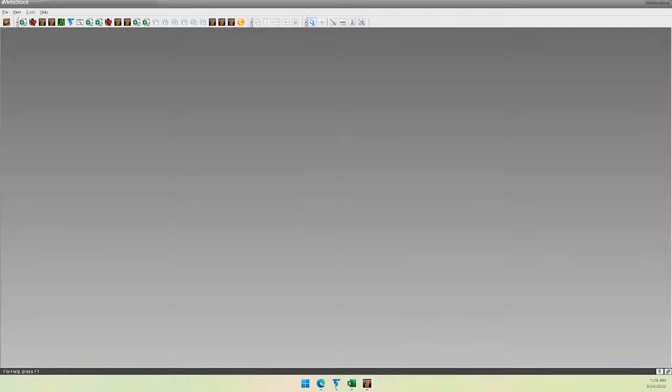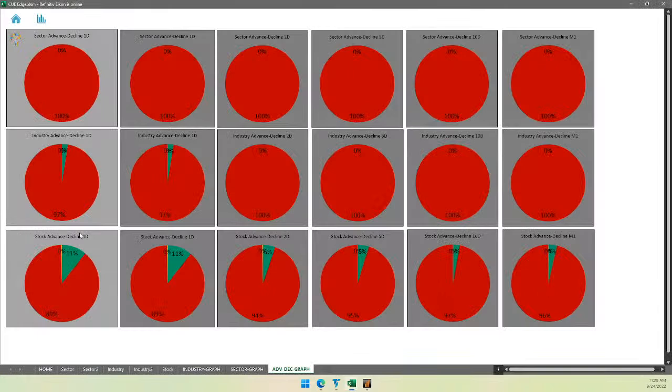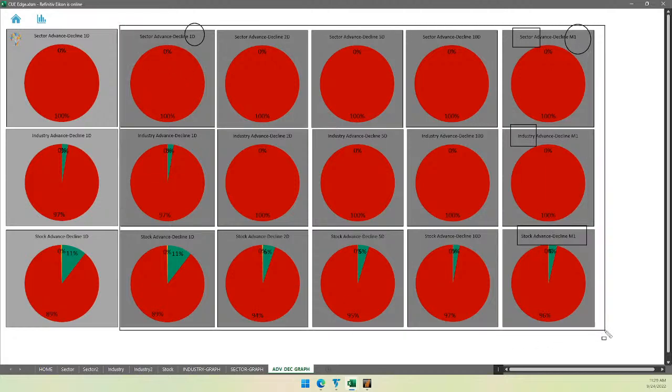Are there other signals? I doubt we'll see any bullish signal, but is there other oversold signal? Yes, oversold signal is everywhere. Let's look at the Q edges breadth inside, that is sector, industry, stock, advance decline breadth from 1 month to 1 day. This is as red as it gets.